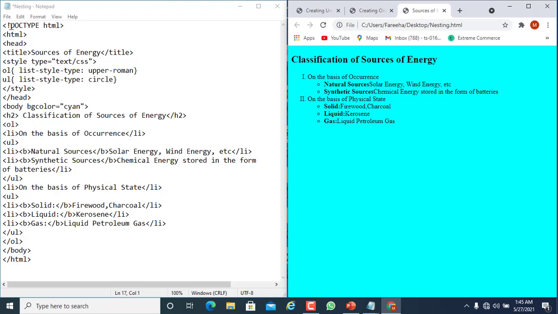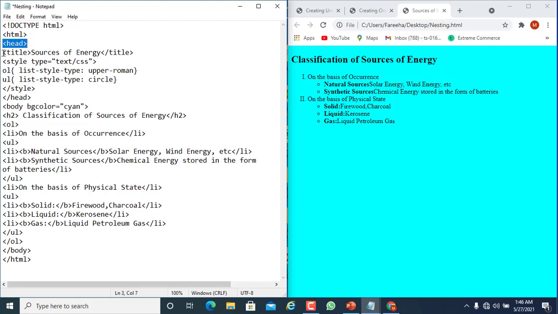Students, you can see on the screen that here is an HTML program written in Notepad. First of all, we write the DOCTYPE HTML declaration. Students, you know that this is used to define an HTML document. Then we write the starting HTML element.